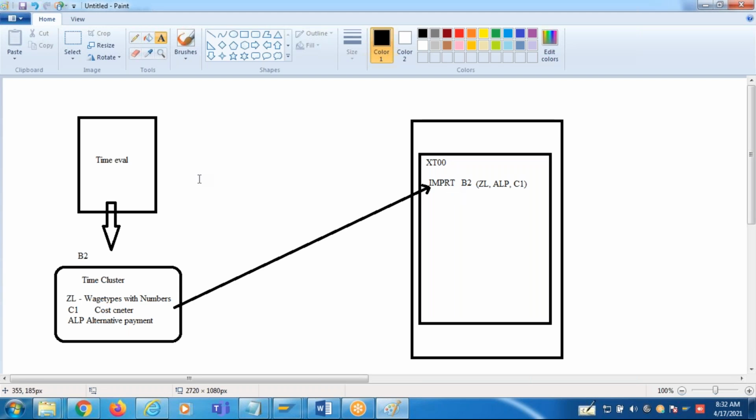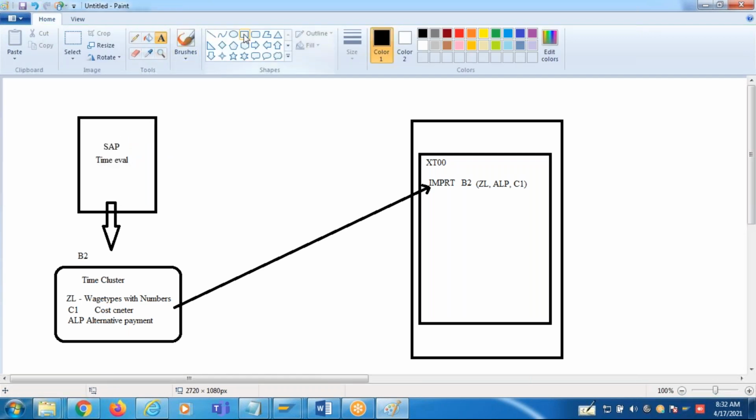Suppose I'm not using SAP time management. For time management, this company is using Kronos. For example, there is a third-party software like a competitor to SAP time, which is also doing well in the market now, Kronos. Now, the Kronos data has to be imported into the payroll run for the valuation. So here, let's say this is a Kronos system, not SAP time evaluation. This is SAP time evaluation.